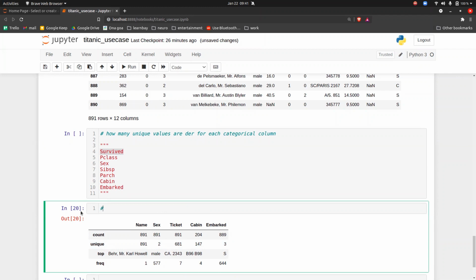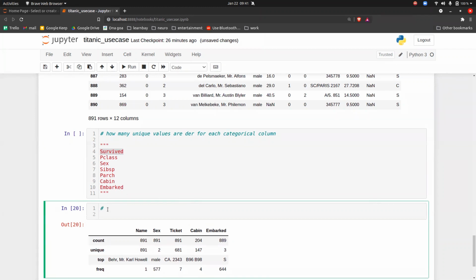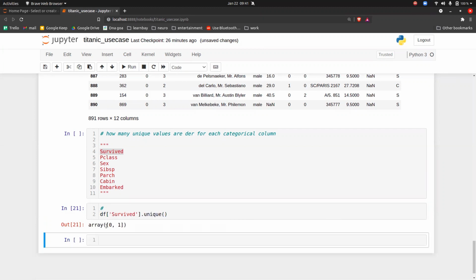So that we can judge it. The simple technique to do that is df['Survived'].unique(), a command that you can execute, and it will give you all the unique data in the form of an array.